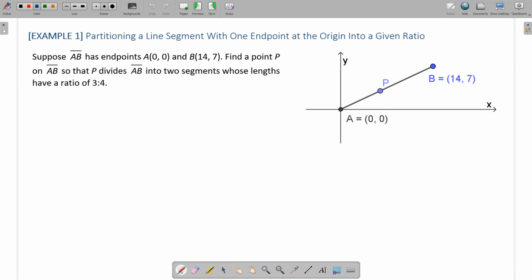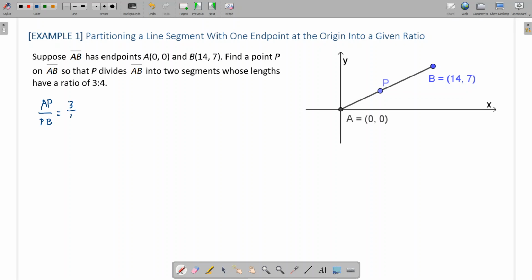So in this first example, let's suppose we have a segment AB, and suppose that the endpoints are A is the origin, and B is the point (14, 7). X is 14 and Y is 7. And what we want to do is find a point P that partitions or divides the segment into two different segments whose ratio is 3 to 4. Another way to write that out is we're looking for the point P so that if I took the length of AP and divided it by the length of PB,